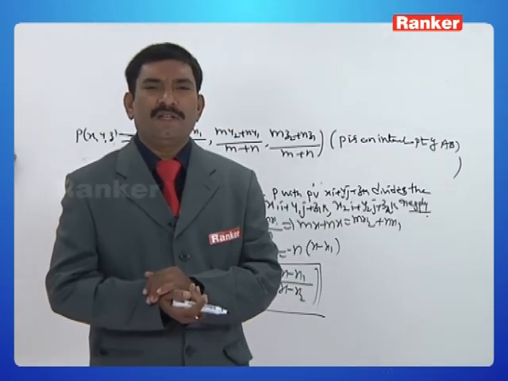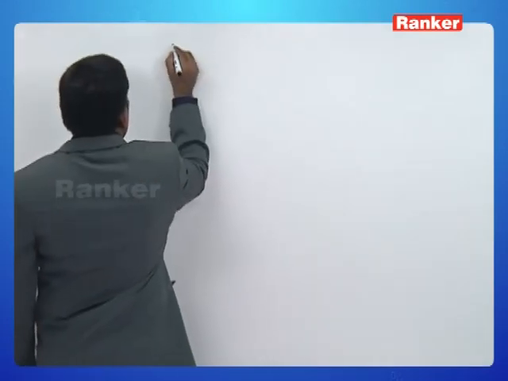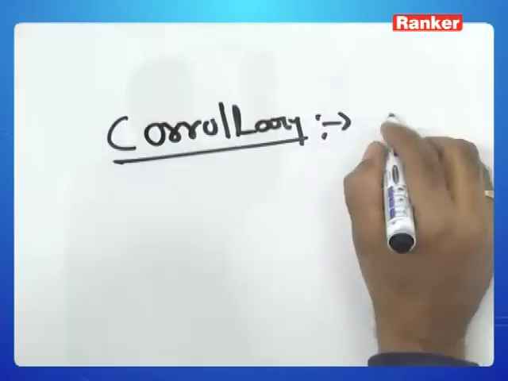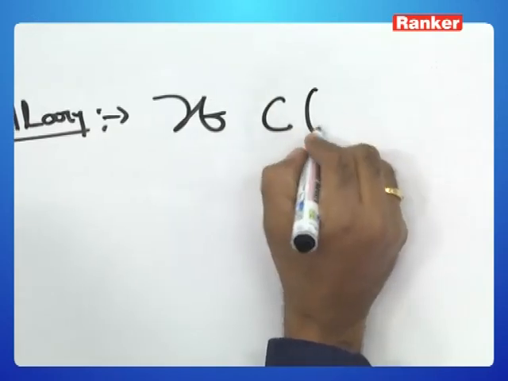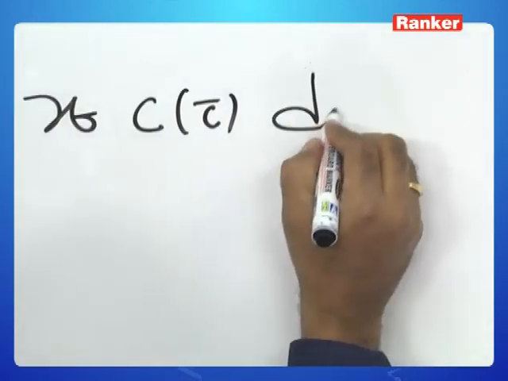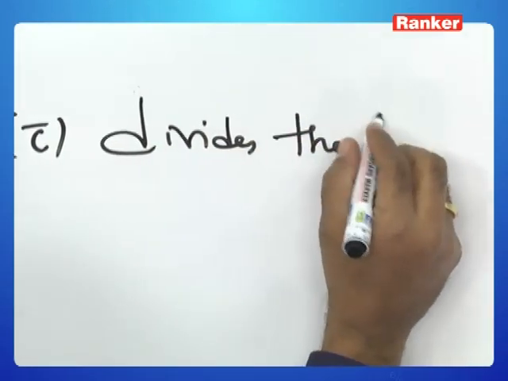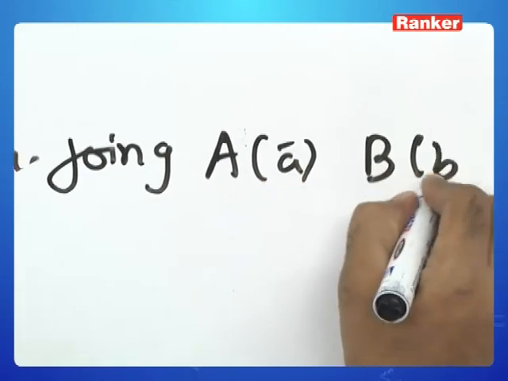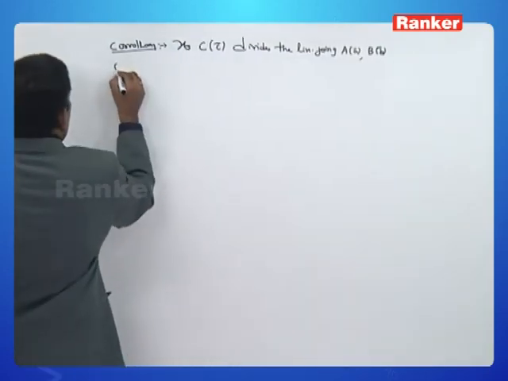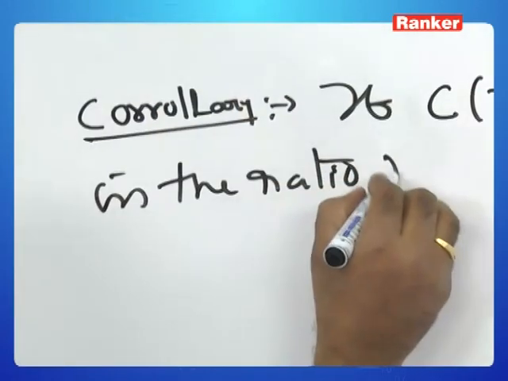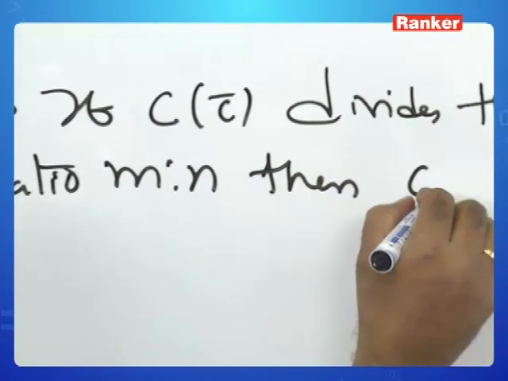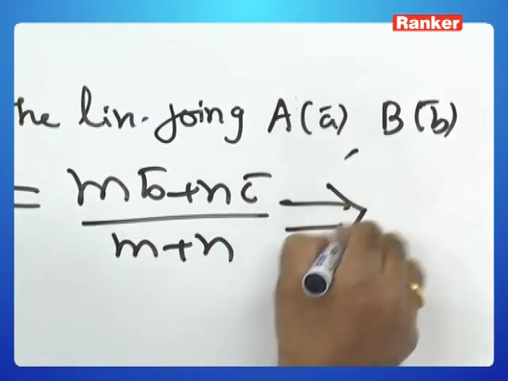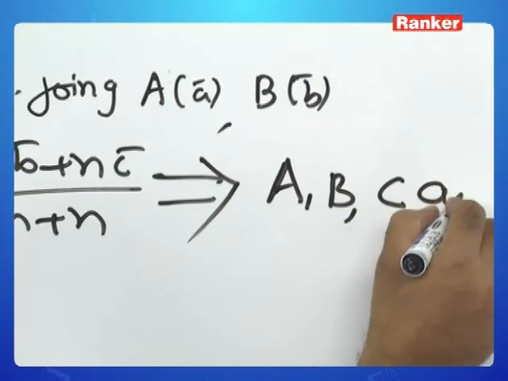After knowing this ratio, let us move on to how to find the centroid of a triangle. Corollary: if C bar divides the line A bar, B bar in the ratio m is to n, then C bar is equal to mb bar plus nc bar by m plus n, which implies A comma B comma C are